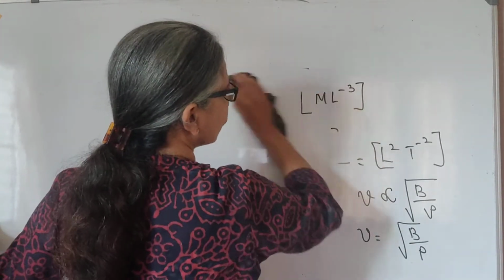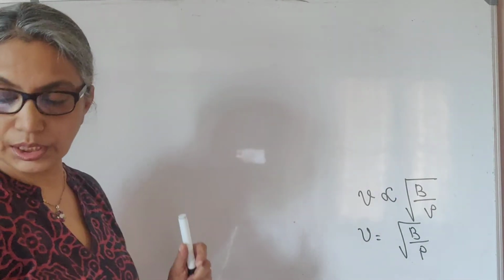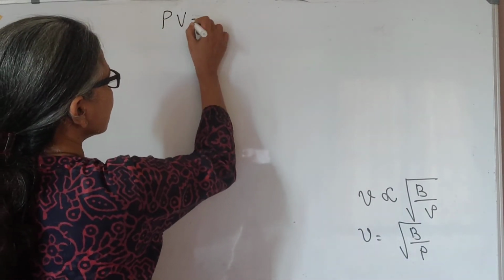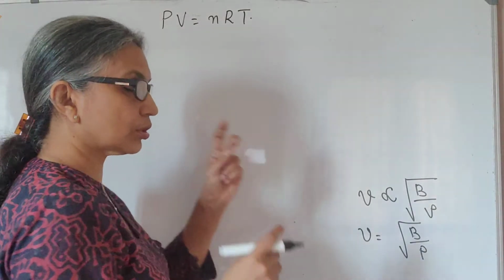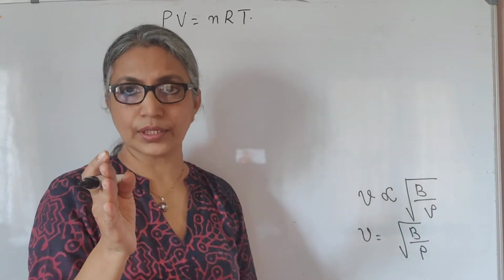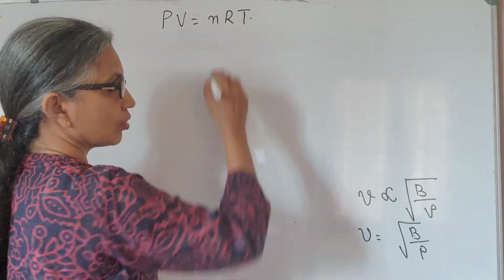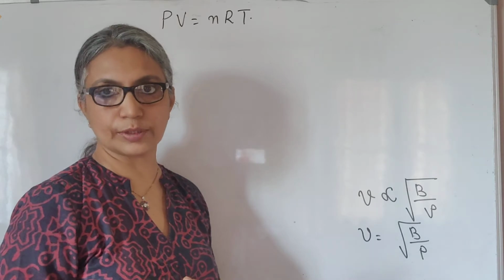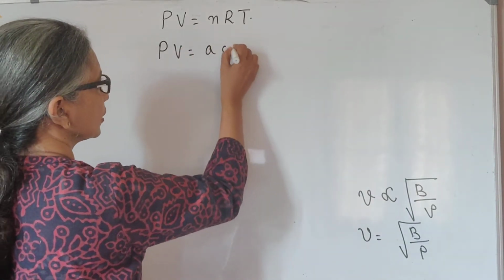for an ideal gas, for the velocity of the longitudinal wave in a gas, you know that the ideal gas equation is PV equal to nRT. So if you think of these compressions and variations, that is the pressure variations, to be isothermal changes, you may take T as a constant, because temperature is a constant for an isothermal change. So you may write PV equal to a constant.